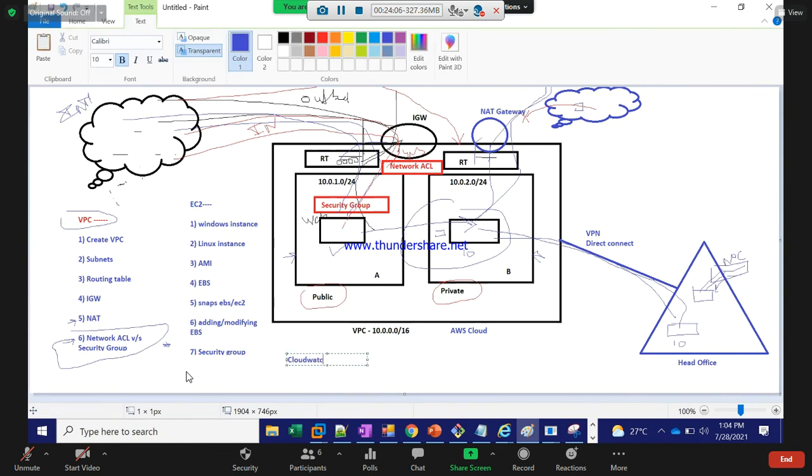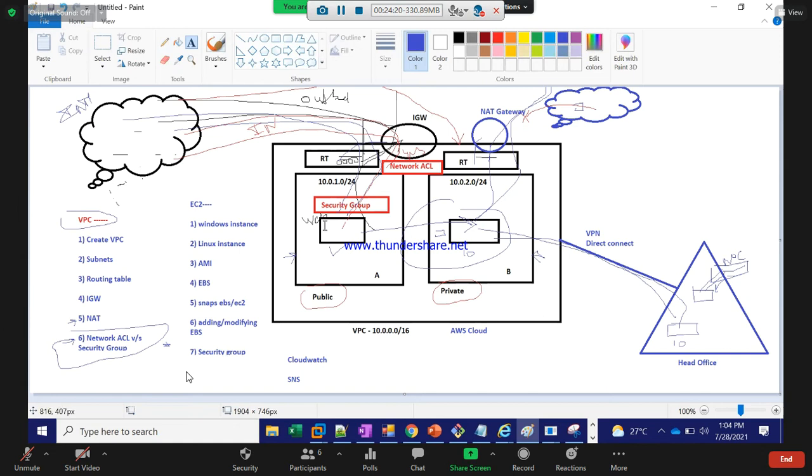We have also seen SNS, Simple Notification Service. If you build a server and leave, and the server CPU utilization goes high or the server goes down, CloudWatch will get an alarm, and this alarm will push to SNS.